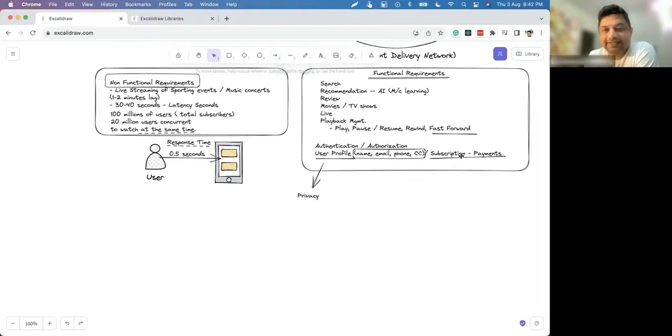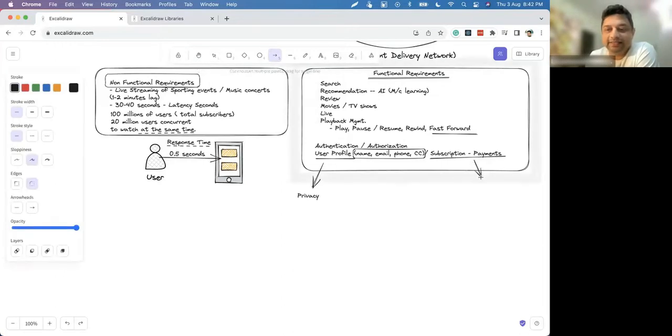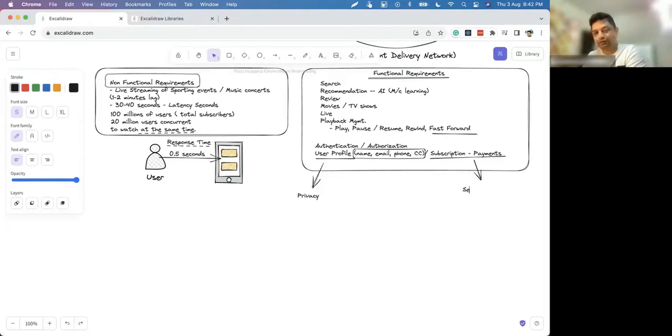Also, this is security. Security, you guys understand. That means your credit card should not get misused. Otherwise, you will have financial implications because you will lose money, and then you will sue the Hotstar platform and they have to compensate for your losses, or they will get a bad image. They will lose users' trust. So this is about security and privacy. Tell me what is the important requirement which is left out.